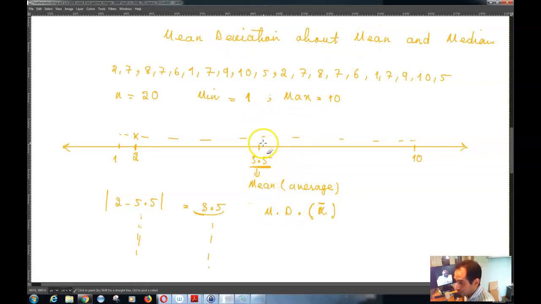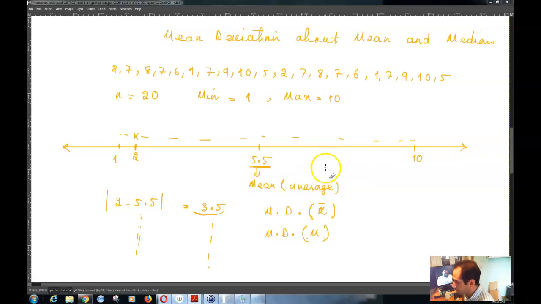On the other hand, if you do the same process, but instead of calculating the mean deviation about mean, you calculate it about median, meaning instead of calculating the mean of all of your observations, calculate the median of your observations. And then do the same process for that median, meaning finding the distance of all of these observations from that median and then taking the mean of all of those numbers, then you would have the mean deviation about median, which is represented by M. And we said that